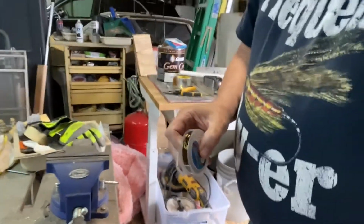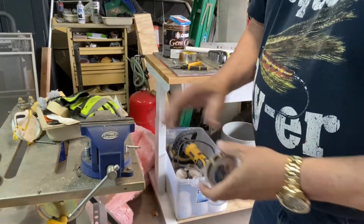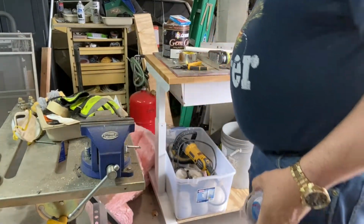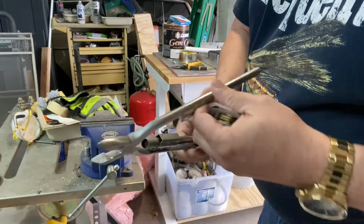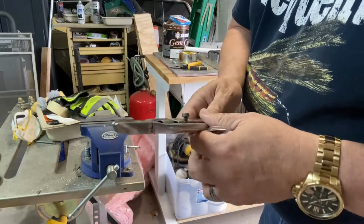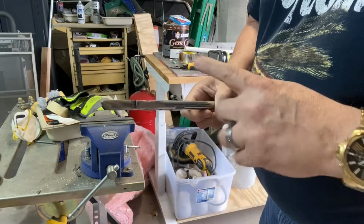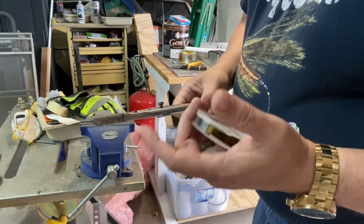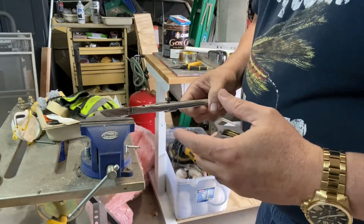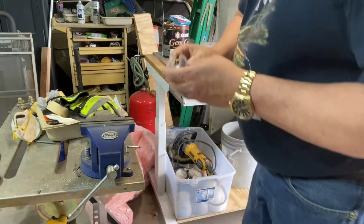So what I need to do is first, you need a couple things. You need something to clamp the wire to. The second thing you need is one of these. This is a safety wire wrench. I'll show you how it works. It's a pretty cool tool, but it allows you to spin the wire like a safety wire to make that braided cable that's going to go on the bow of that statue. So the first thing we want to do